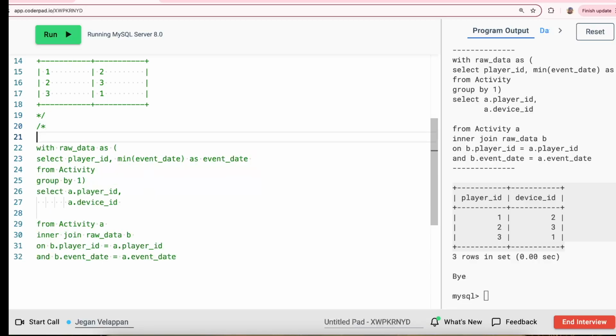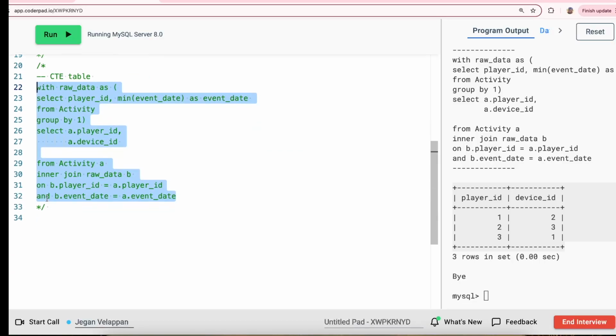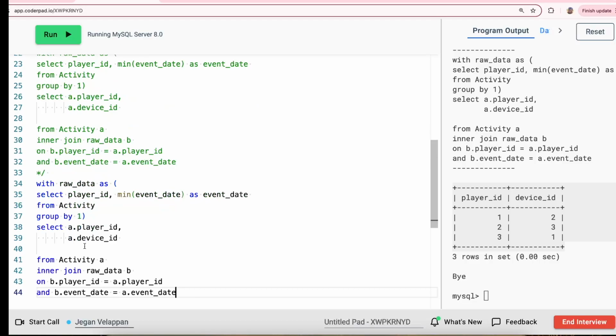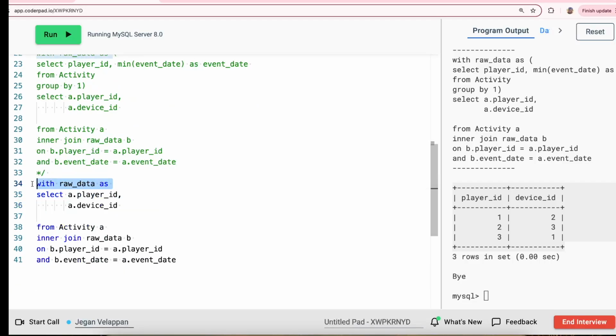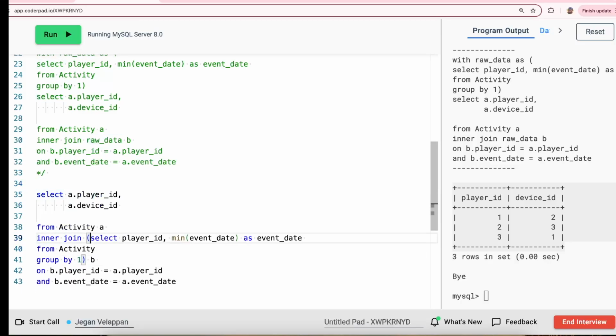This is the first one, right? We can say CTE table. The next option is, instead of a CTE table, we are going to create that as a subquery table. What is a subquery table? Here we have the raw data, which is referring to the CTE table. What I am going to do is get the CTE table directly. Instead of naming it, I just replace the raw data. So here you get this